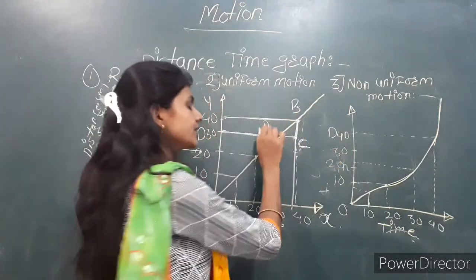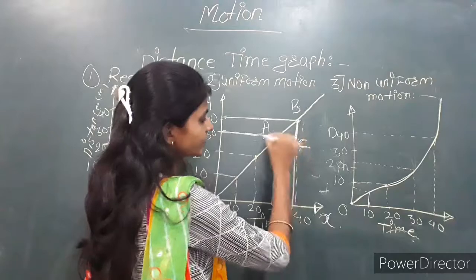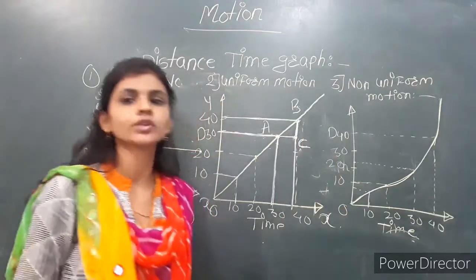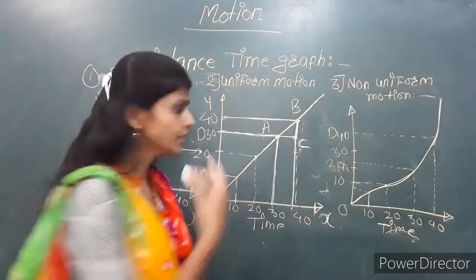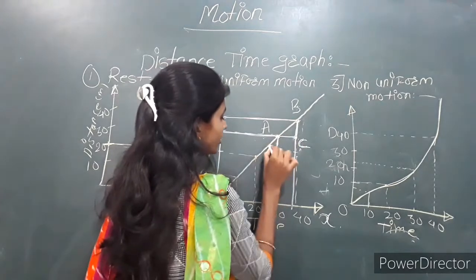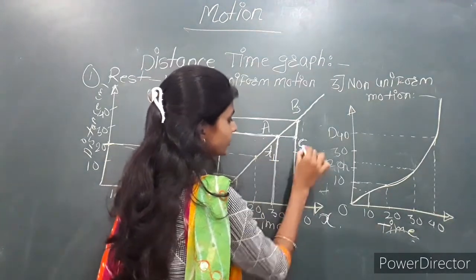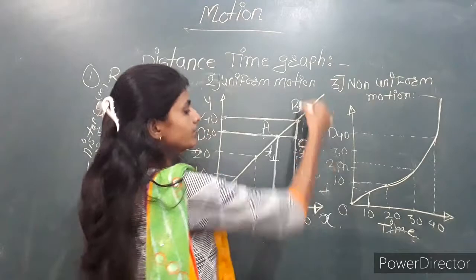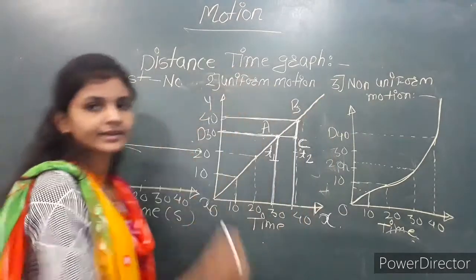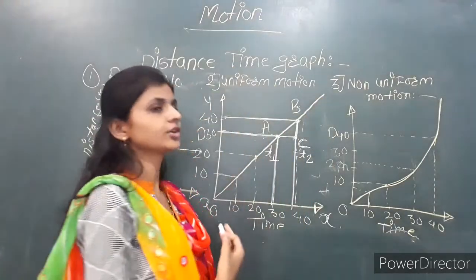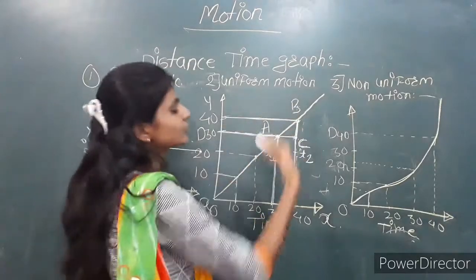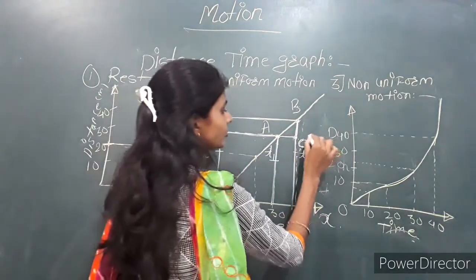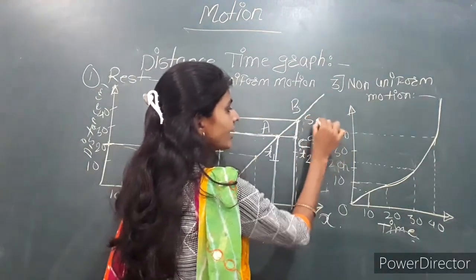So here this AC represents the time interval, because the AC line is parallel with the x-axis. So we can write down here time intervals T1 and T2. The BC line is parallel with the y-axis, and the y-axis denotes the distance, so BC represents the distance. Here we can give the two names S1 and S2.